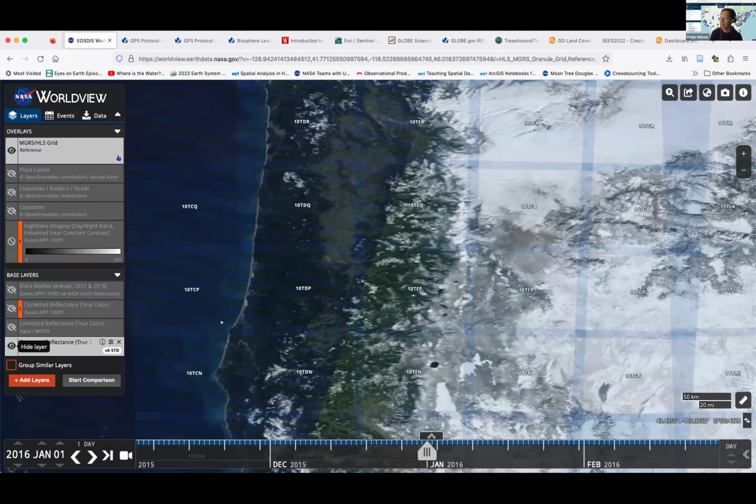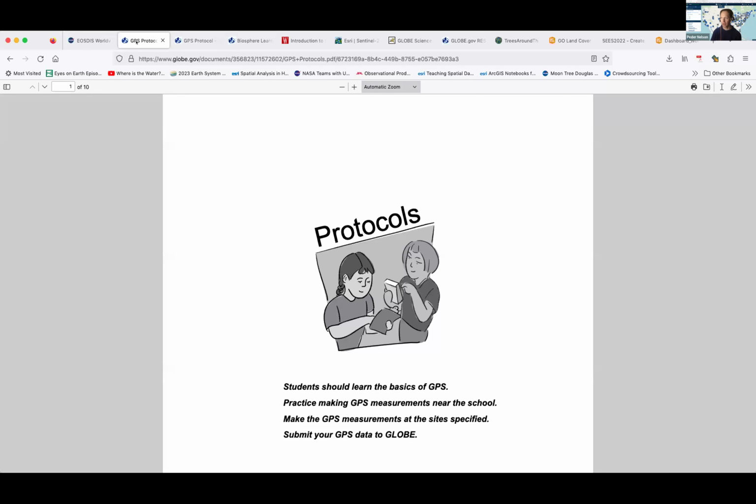again, this type of information is really, really useful as you start thinking about connecting your data to this NASA data. And so I'm going to move on now, but I want to highlight that a really good place for you to start, for all of us to start, is to start with the GPS protocol that is out there.